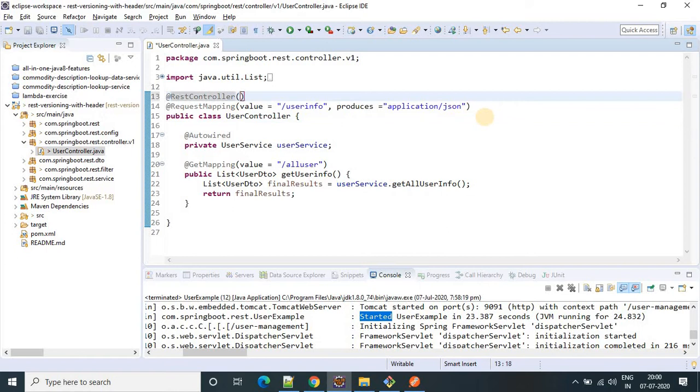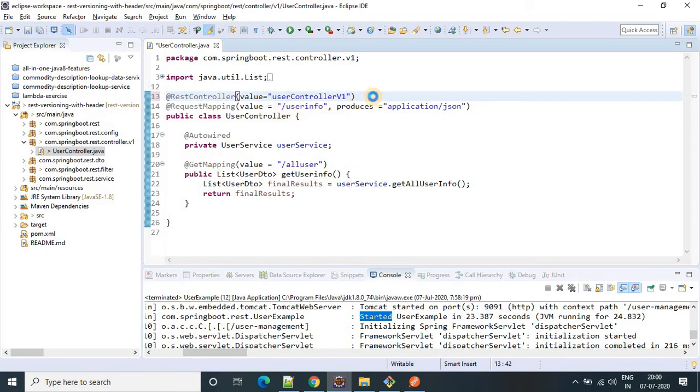Let's suppose the name is user controller v1, so value equals controller v1. If you do not provide this name, then you will get a bean conflict error. So it's better to provide the name here, because we will create the same controller for version 2 also, and at that time both the beans will conflict. So it's better to provide it from version 1.